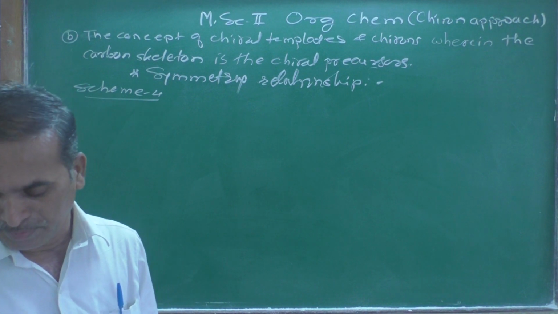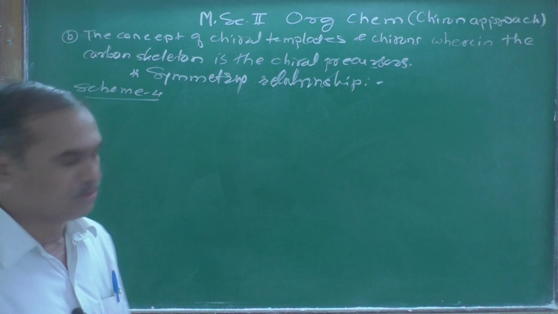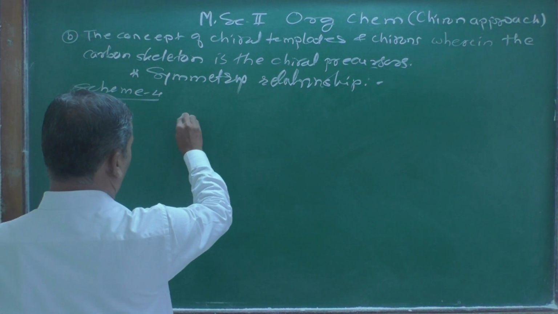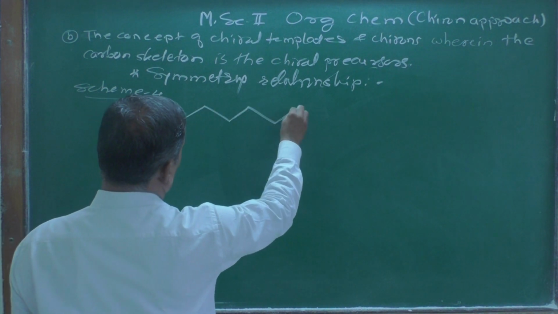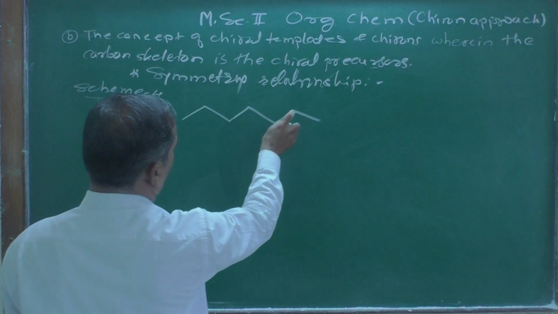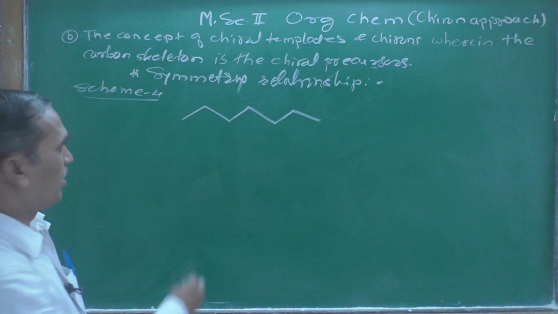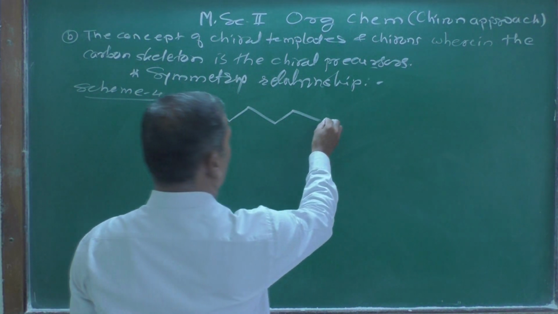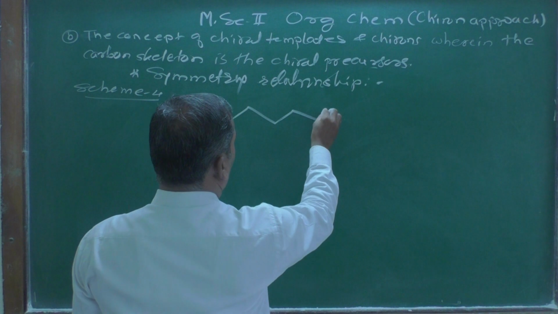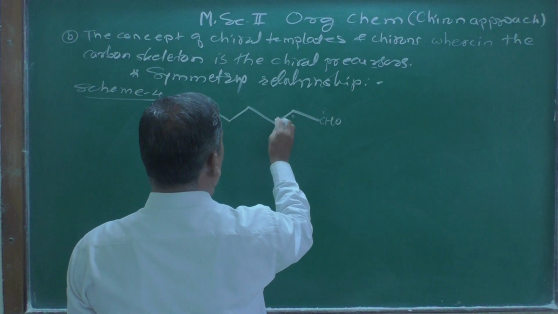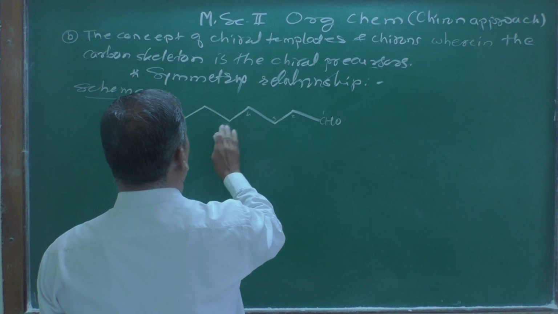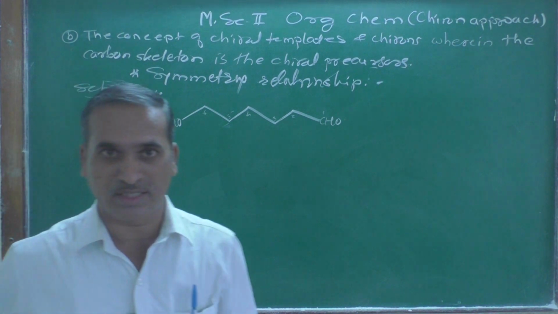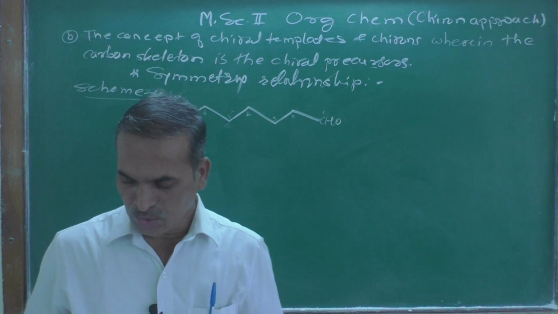How it is represented over here, let us see how we can show this one. 1 2 3 4 5 6, 1 2 3 4 5 6, and OH is over there. Here OH, and at the other end should be CHO, as we know, right? This is 1 2 3 4 5 and 6 carbon atoms in the straight chain, as we know this is a representation of the glucose molecule.